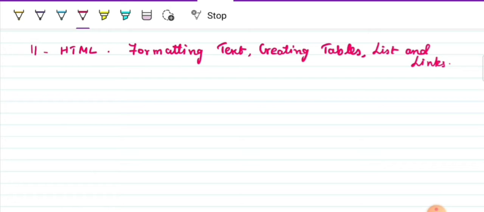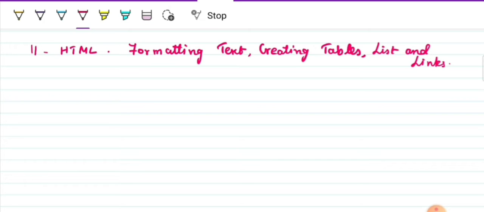Next we finished what are the tools that are needed to write an HTML document. Then what else have we completed? The basic things: the tags, elements, and attributes, each and everything we discussed in the previous chapter. So in this chapter, what we are going to discuss is how to format a text.